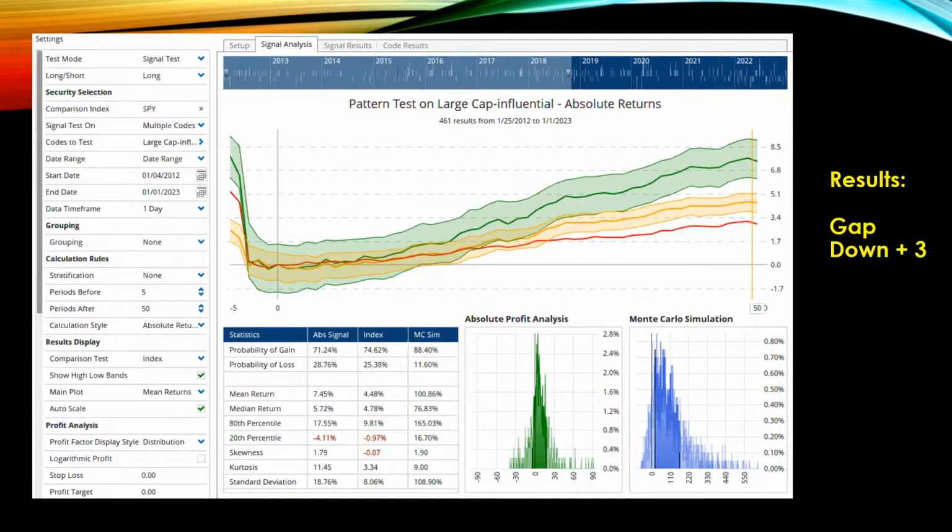But here's one where if it gaps down by more than 1%, and you wait 3 days, just wait 3 days, and then you buy that stock. What happens after you buy that stock? This green shaded area and the yellow shaded area tell the story. The yellow shaded area is what happens to the S&P 500 over the past 10 years. And the green is what happens to these stocks that are